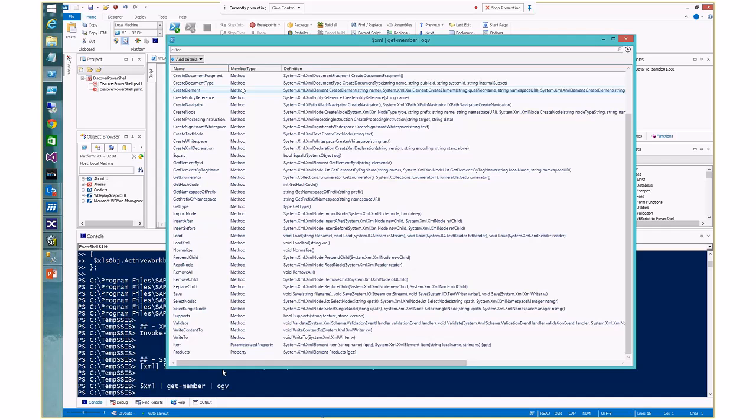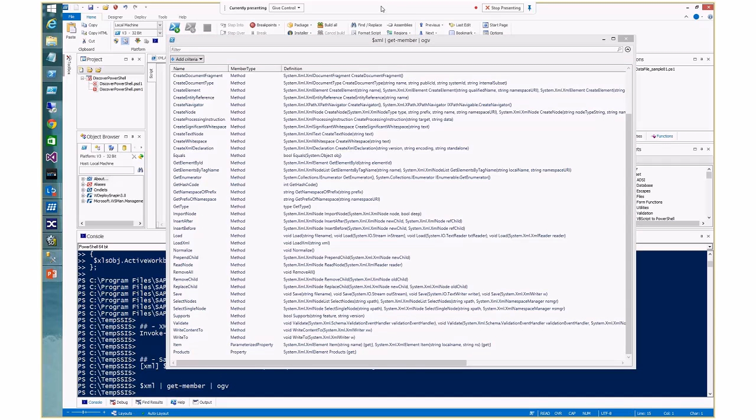Okay. As you can see here, there's one here, Save. It's one of the most common ones, and Save will use the parameter of a string, Save(string fileName). So you know that with that method, when you put something like a string of a file name, it will get that object and save it. So I gave you a hint of what you can do with this. Now, in order for us to get to the actual data, it's the property, right? It's under Products. So I'm going to go back in here,